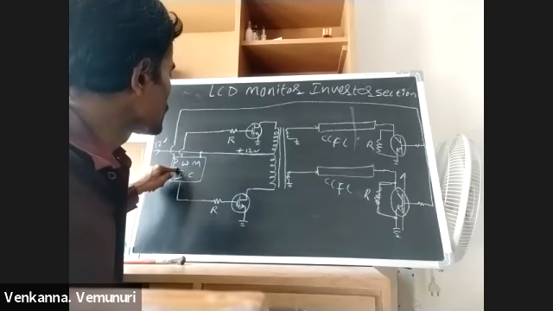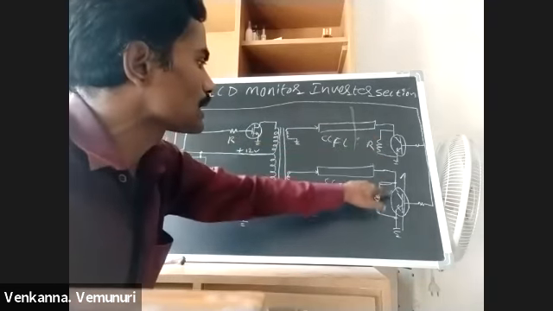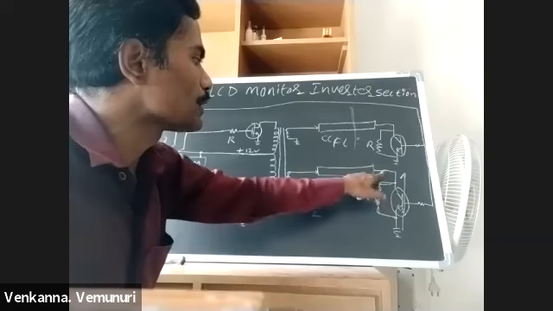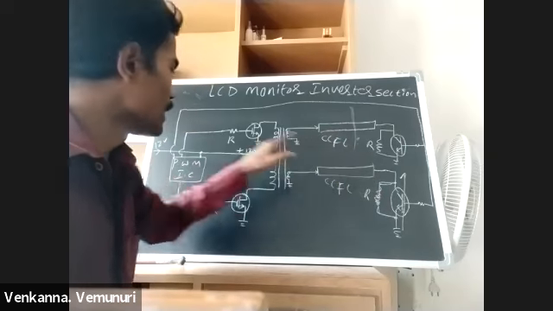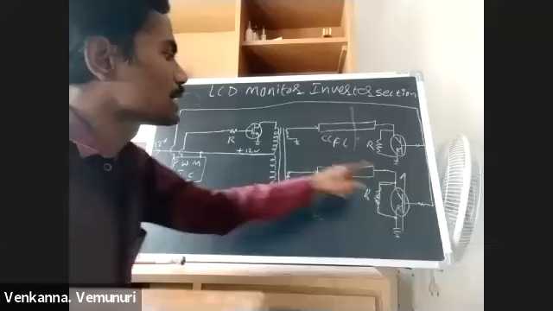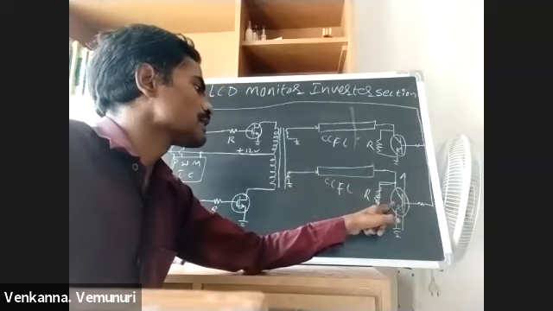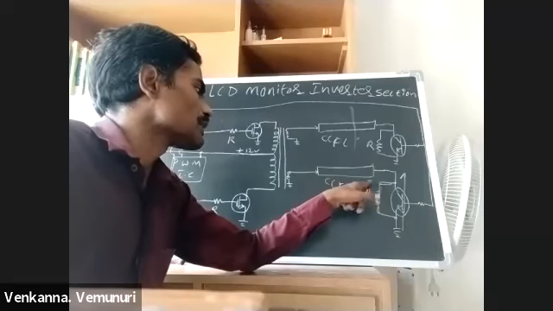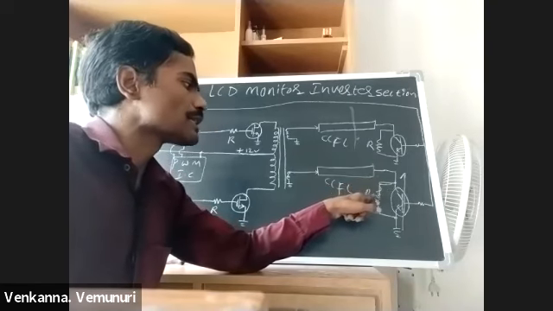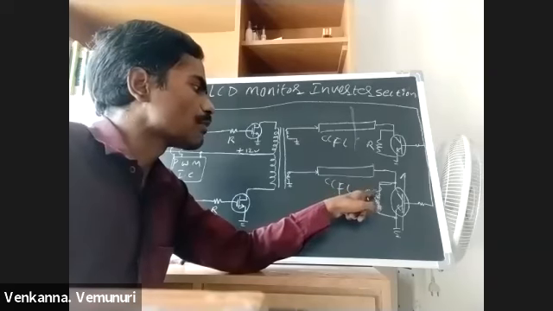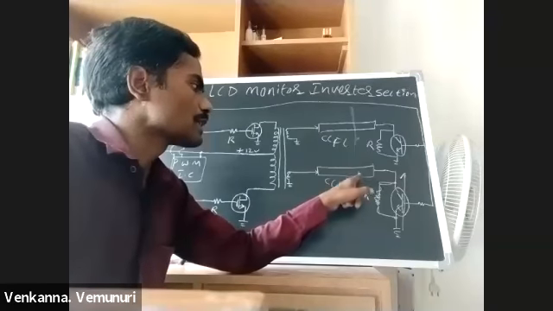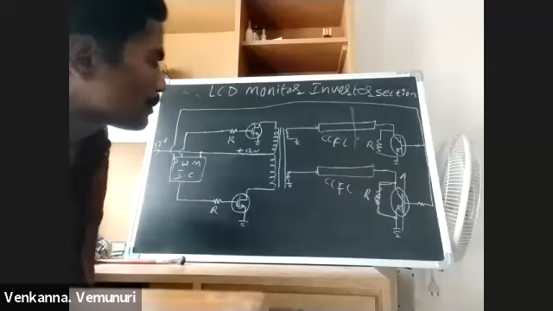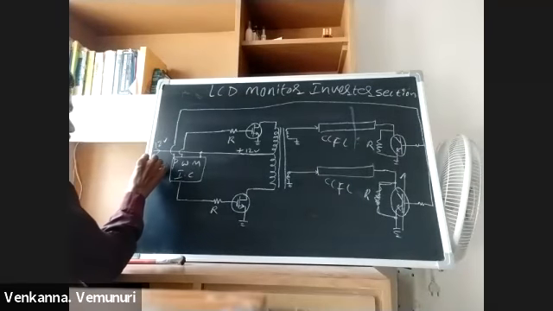If the PWM IC sends a signal to this transistor, the transistor is on and sends the negative supply directly from here, so the lamp is on. If the PWM IC does not send the signal, the transistor is off, and the negative supply passes through this resistor, which drops some voltage. In that situation the lamp glows dim, and this PWM IC is also under the control of the motherboard.